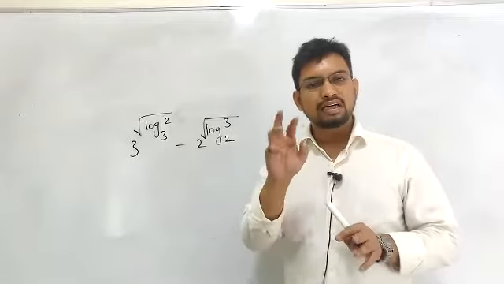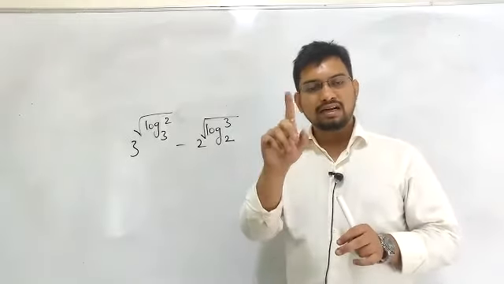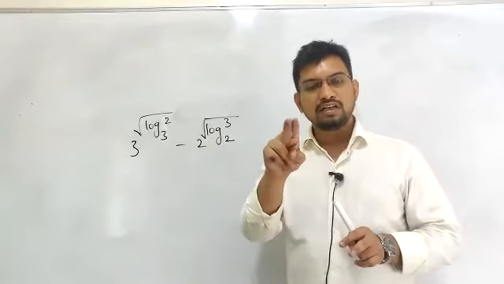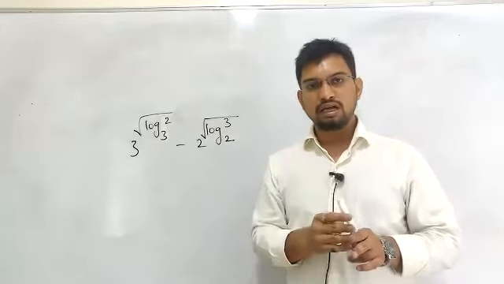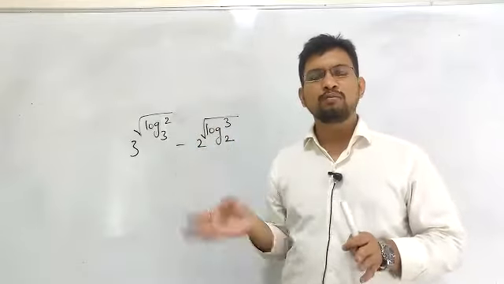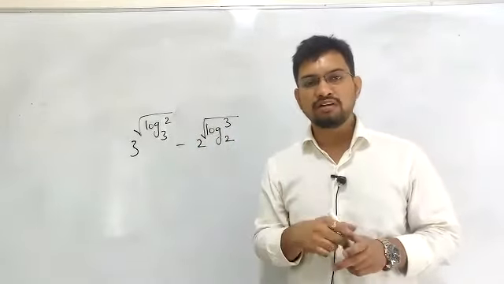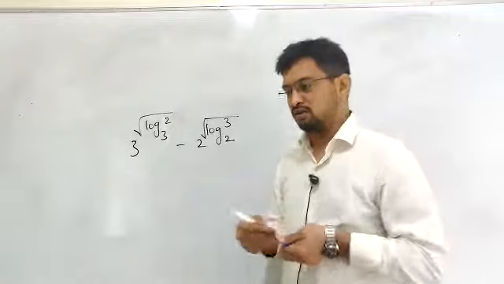Leave about characteristic, mantissa and number of digits. Characteristic problems will appear, number of digits and mantissa, leave those three and do the rest. Because as we solve more number of problems, you'll get more ideas in solving that problem. You will get a lot of clarity, don't worry about that.